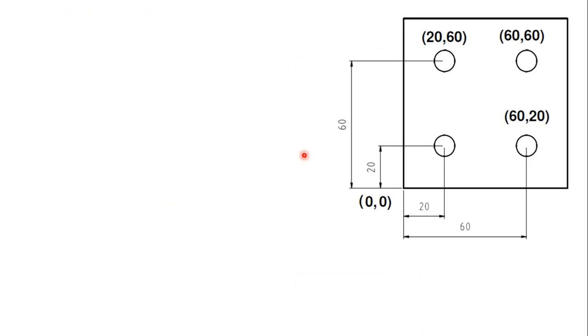I'll keep the rough diagram on the right side. The first line will be O followed by some number. What is O? O is the name, or number, of the program we are giving. So this program is 101. Then we'll start with the first line. This N0 is the first line, or you can say first block. Then it is followed by G21. What is G21? G21 means whatever inputs are given are in millimeter. For example, this 60, whatever I enter, is 60 millimeter.